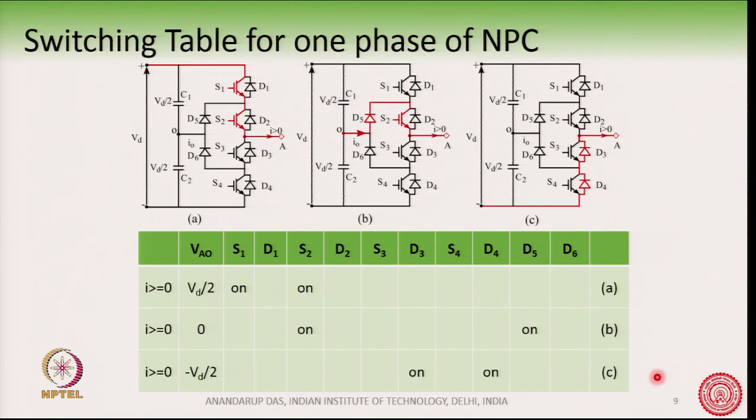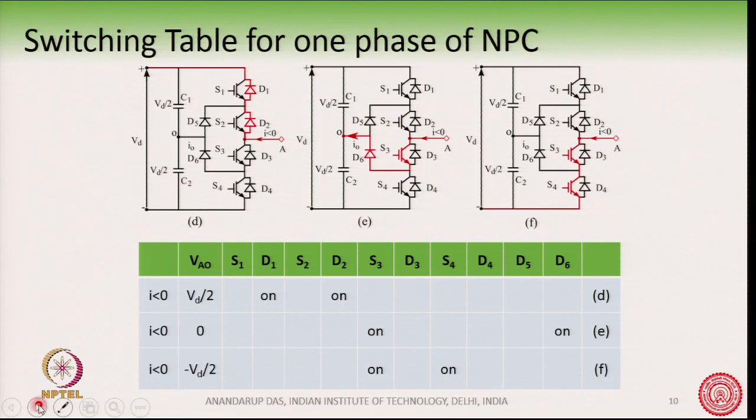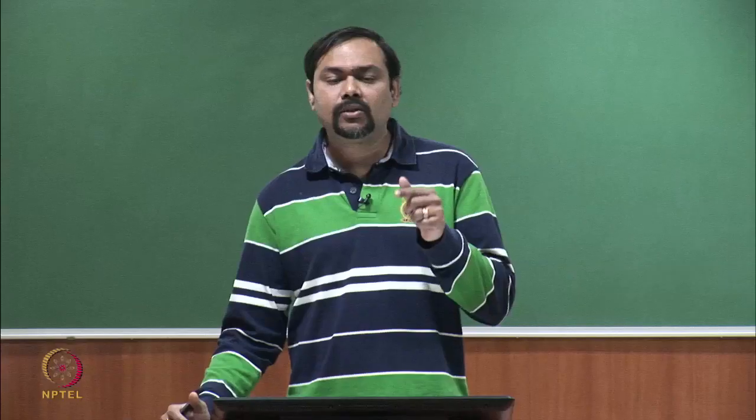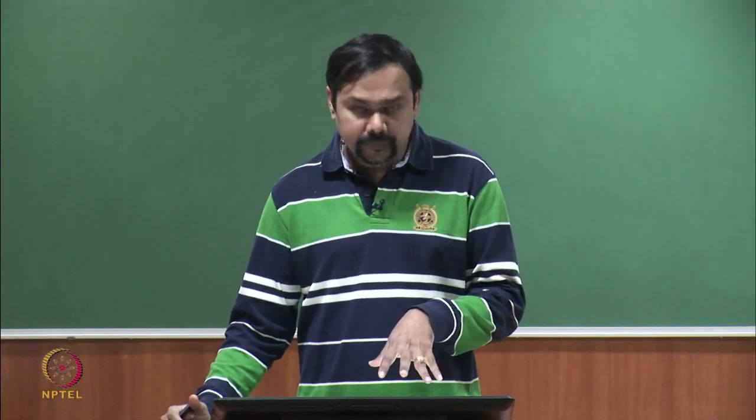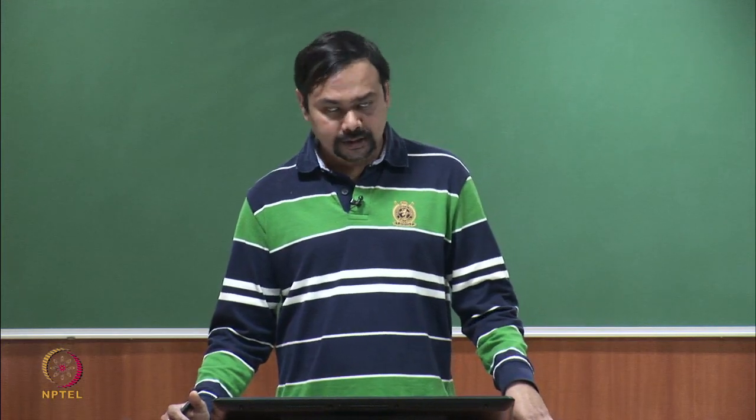Now, let us see what happens when I is less than 0. This is shown in this figure. Now, when I is flowing into the converter like we have shown, suppose we want to get Vd by 2 voltage. So, what is our aim here? We would like to have Vd by 2, 0 and minus Vd by 2, these three levels of voltages between point A and O. This is what we desire,